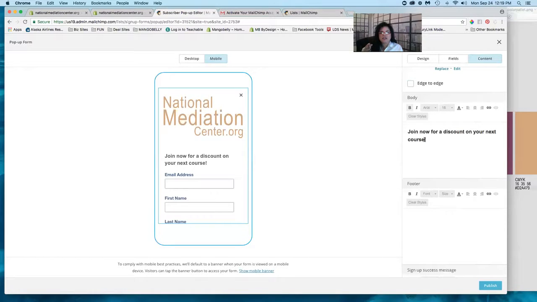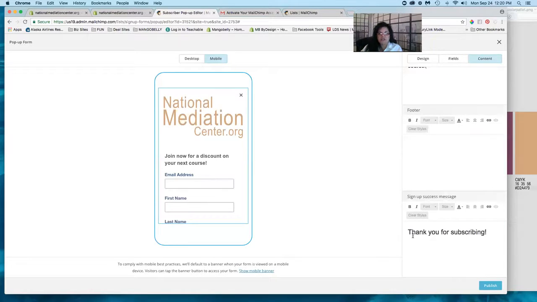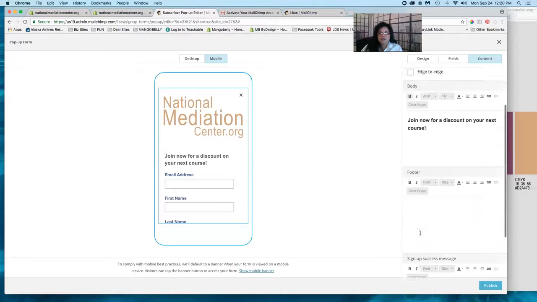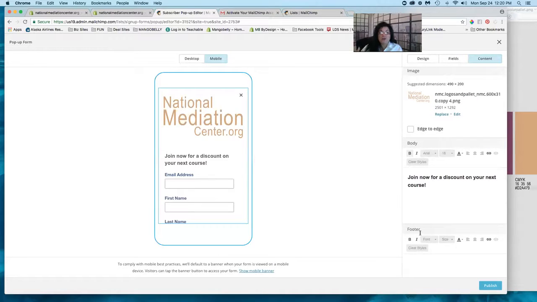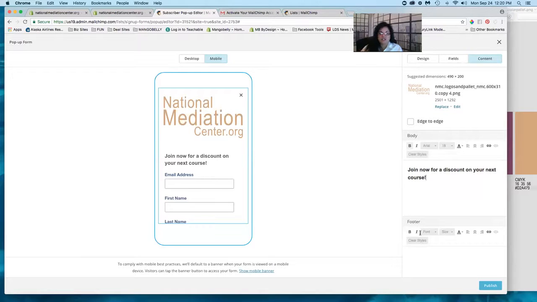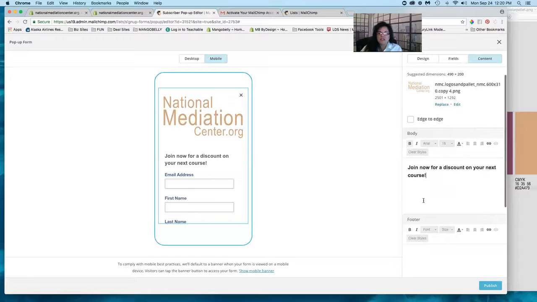When you're doing discounts, you can program those into your Shopify, and that way, when they're on your site, they can use your discount. That's where you would put it, because in your success message down here, you can give them their code. So if I were doing that, and I'm going to walk it through so that you know, but then we'll go back and change it for those that are not using a discount code. So if I was going to use a discount code, join now for a discount on your next course, then